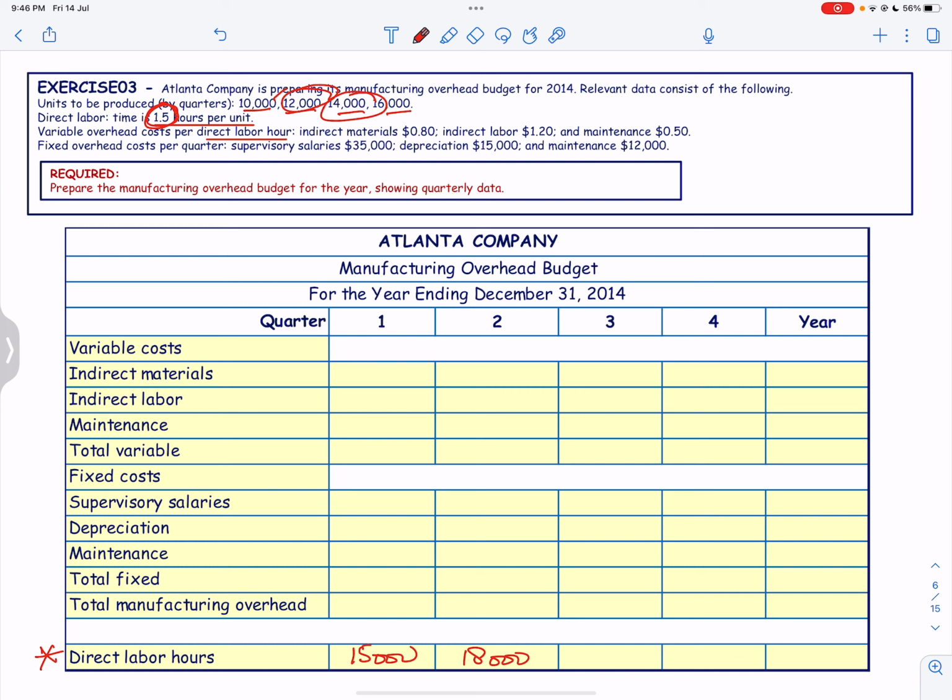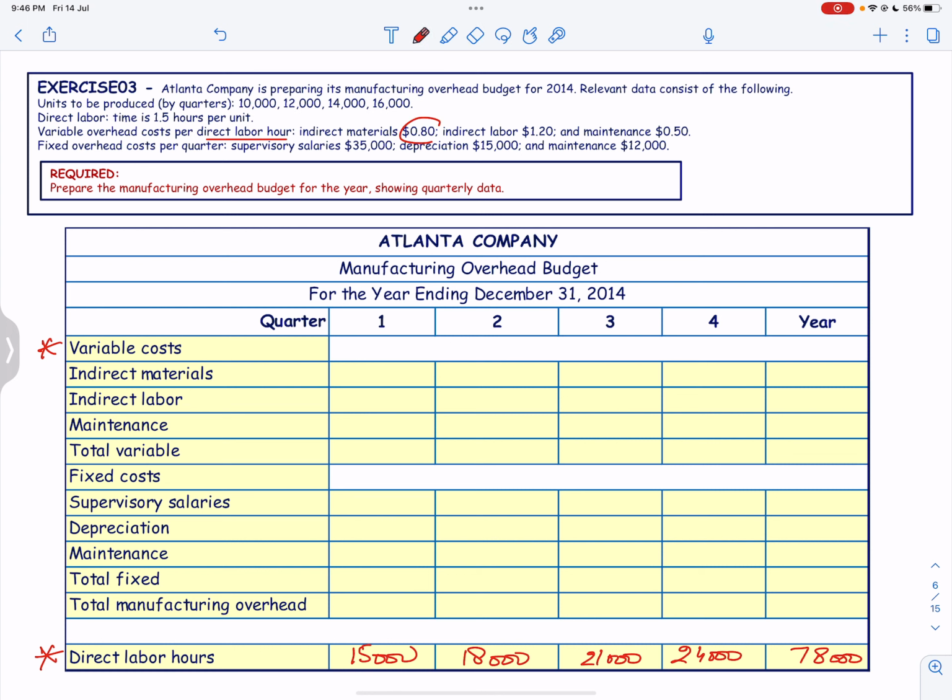Then 1.5 times 14,000 is 21, and then 1.5 times 16 is 24,000, and this total will be 78,000. Now we can calculate the variable cost, where we have the